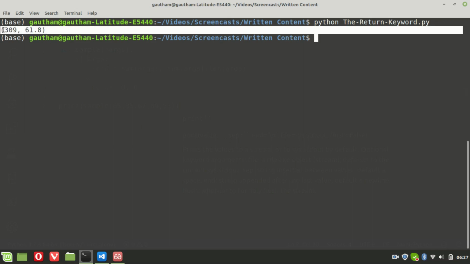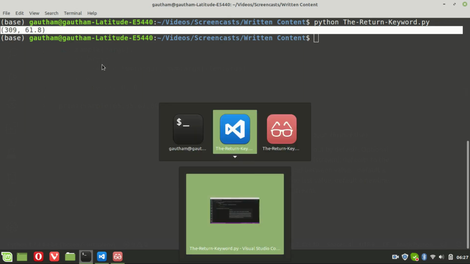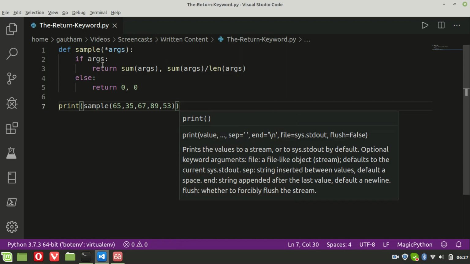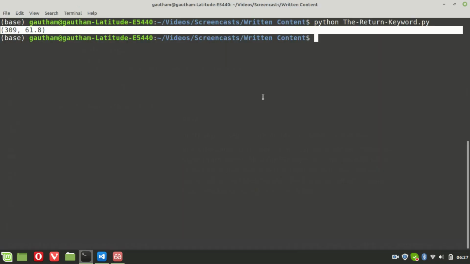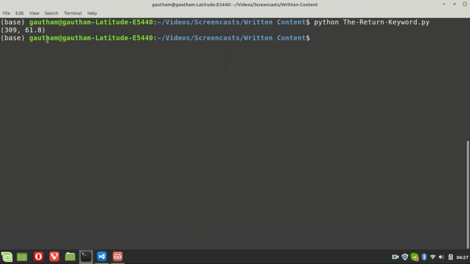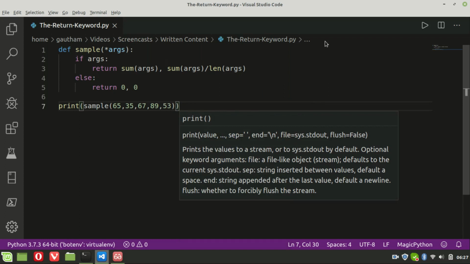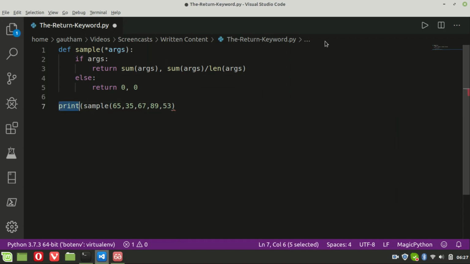Got it? So these are the total marks he got in 5 subjects. Maybe he is studying with CBSE. Okay, so yeah, this is his total, and this is his average. Right, there is one more thing Python can do, which is you can assign values to more than one variable in a single line, like